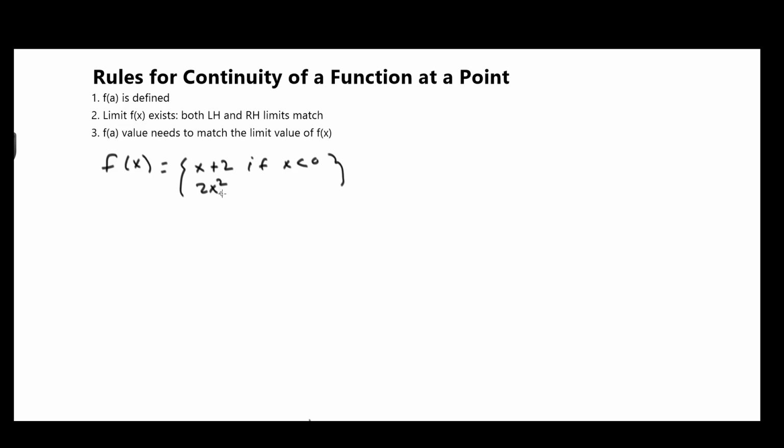The first function is x squared if 0 is less than or equal to x and then less than or equal to 1. And then we'll do one more function. So we've got 2 minus x if x is greater than 1. So essentially we want to find out if these functions are going to be continuous at point 0 and point 1. So starting with point 0,